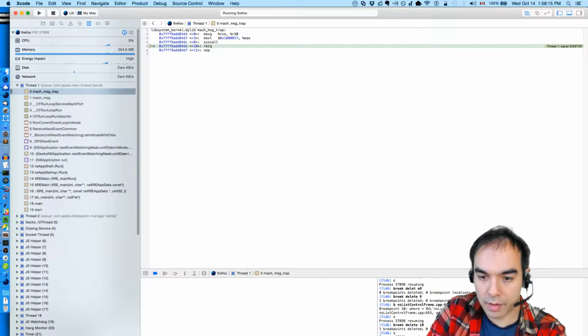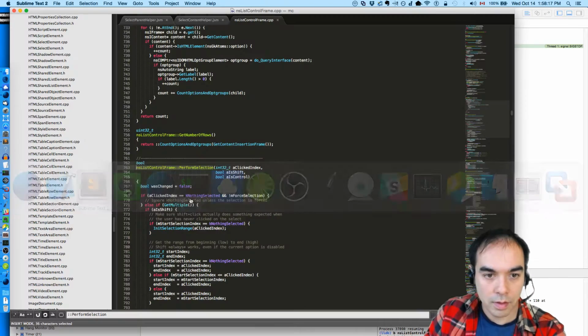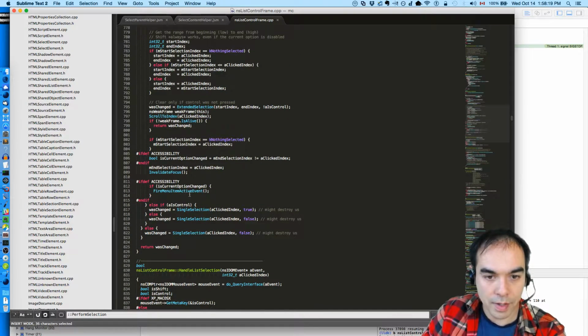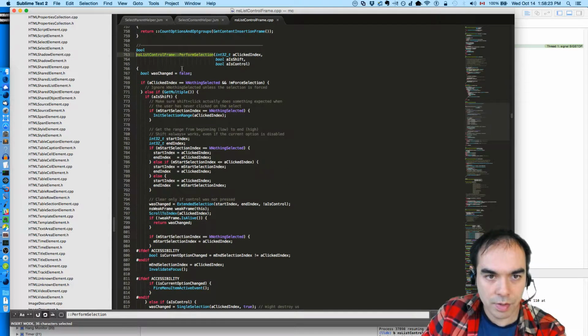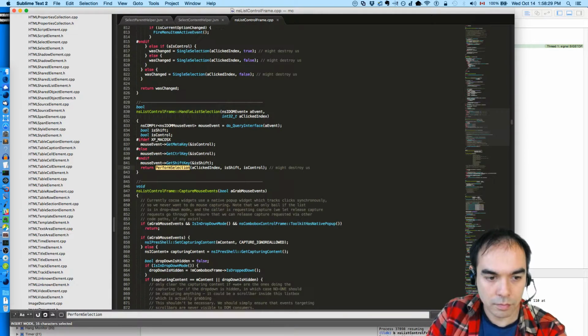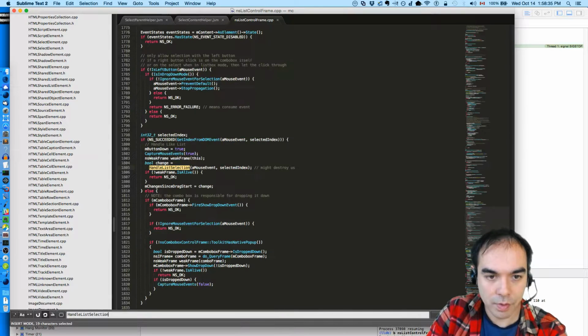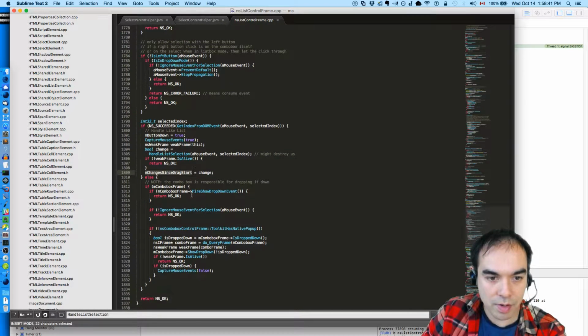Break, delete 11. Let's see if we return was changed, perform selection, handle list selection was called, and change is the value there. Changes since drag start.